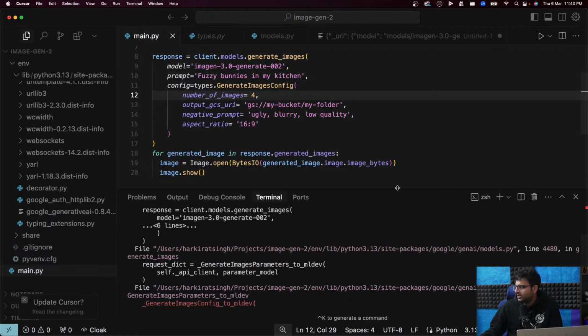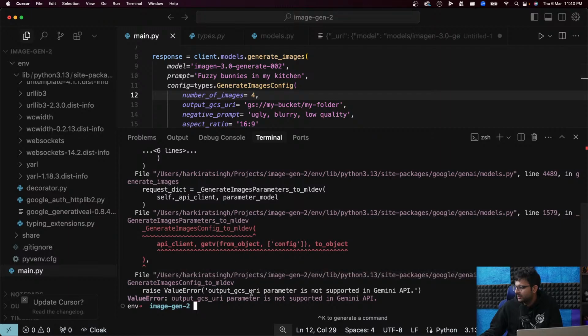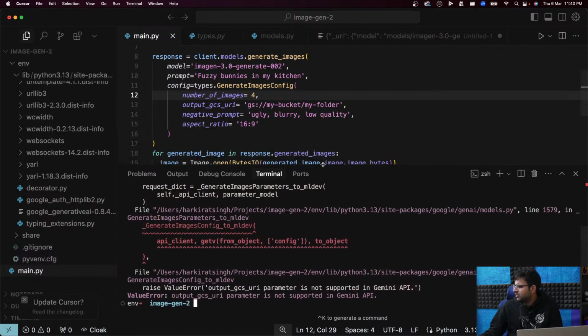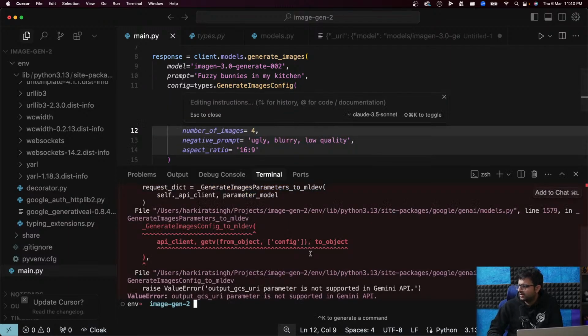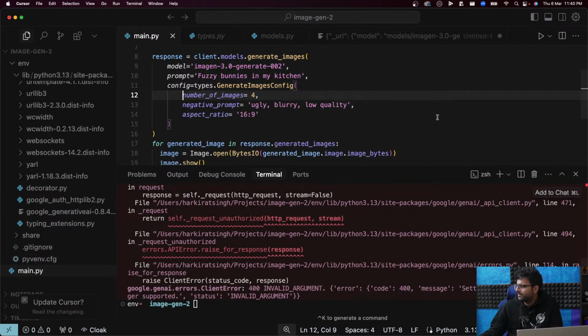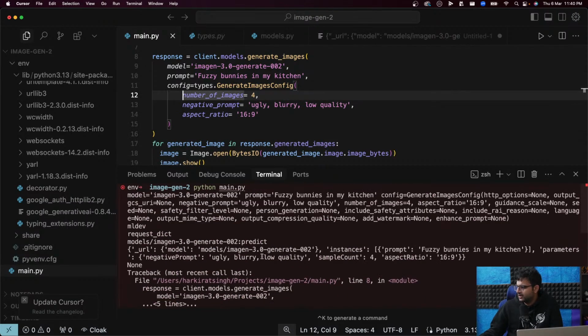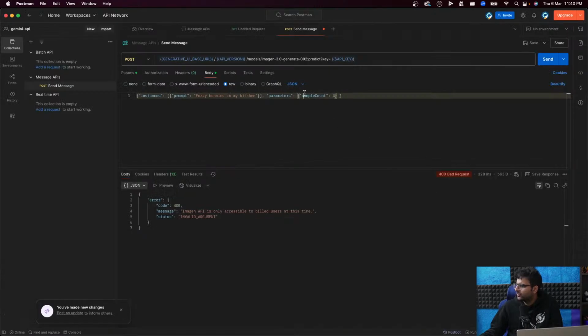What's the problem here? Not supported in Gemini API. Output GCS URI is not supported, then why do we have it? All right, there you go. So parameters, negative prompt, sample count, aspect ratio.